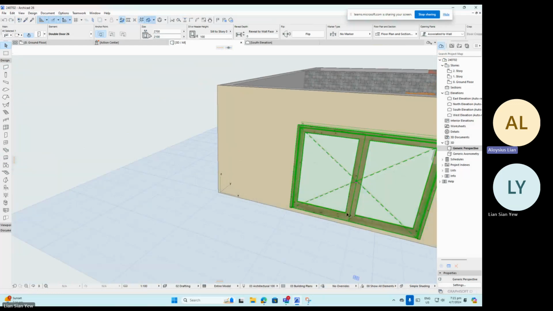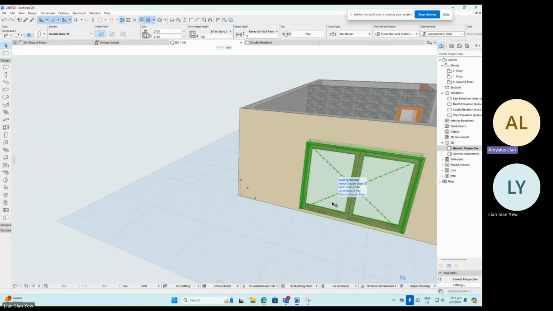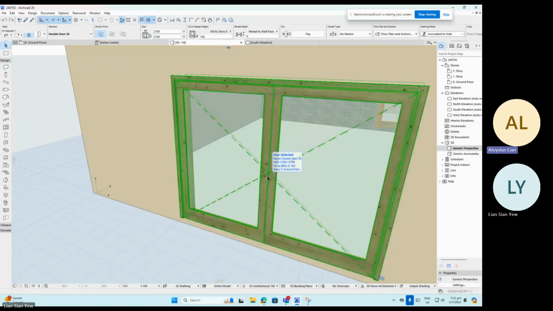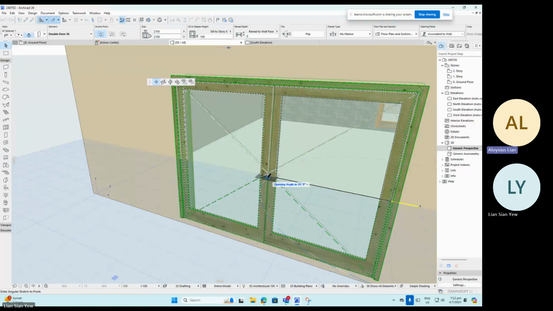Okay, so now what we want to share with you is that you can also configure in Archicad how you want the door to look visually. If I want to open the door now for this 3D view, sometimes you want to configure your rendering, right? So you will zoom in. I usually zoom in so that I can find it easier to select the magenta dot and wait for the tick to appear. Once I click on this, you will notice that there is an option that says